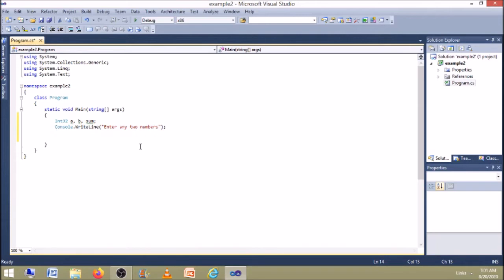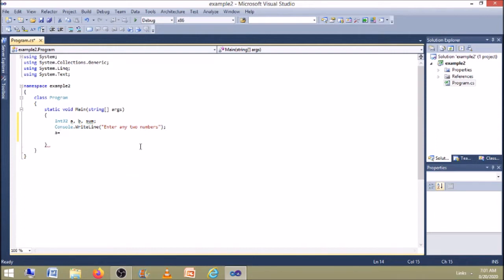While the user sees this message, Enter any two numbers, they will start to type the value. For that we have to give the statement to receive the value from the user.